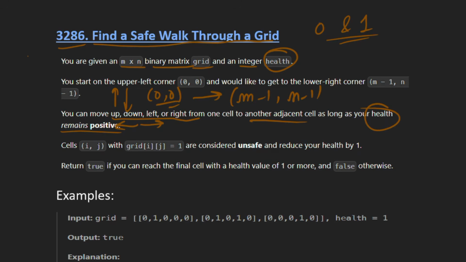It is given that the cells i comma j whose value is 1 are considered unsafe, right? So whenever we move to a cell whose value is 1, our health will reduce by 1. So we try to avoid these cells whose value is 1, and at the end we have to return